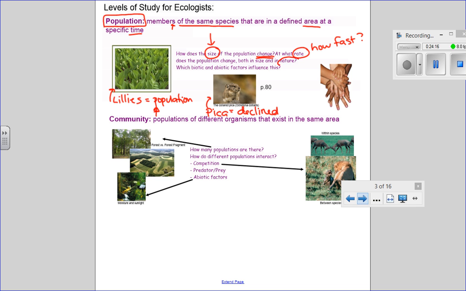The other thing that's important to consider is the nature of the population. So, which members are in it? And I put a picture here to try to represent diversity a little bit. Sometimes the population might be really large, but there's not a lot of diversity in the population. And having more diversity is generally preferable. You might remember learning that biodiversity is important because if an environmental factor changed, at least some of the organisms should be adapted to survive it.